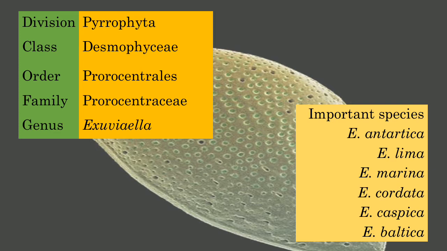But when it was called Exuviaella, these are some of the important species under that. So we have Exuviaella antarctica, Exuviaella lima, Exuviaella marina, cordata, caspica, and baltica. All of these are some of the important species of the genus Exuviaella, which belongs to the Pyrophyta group of